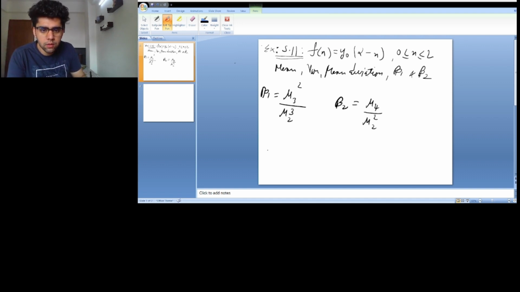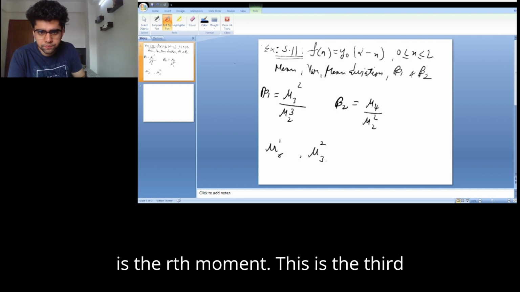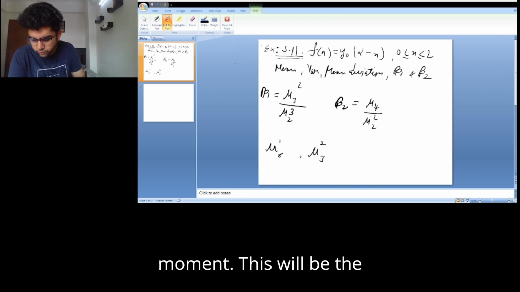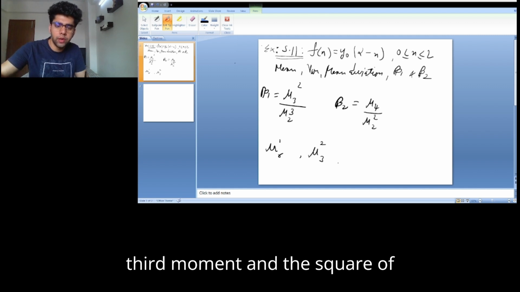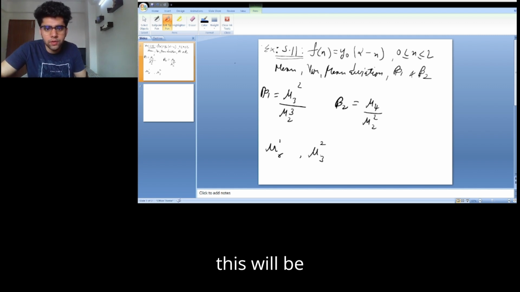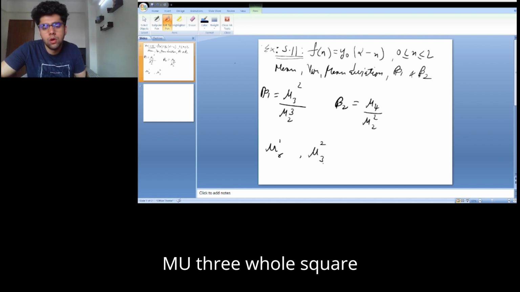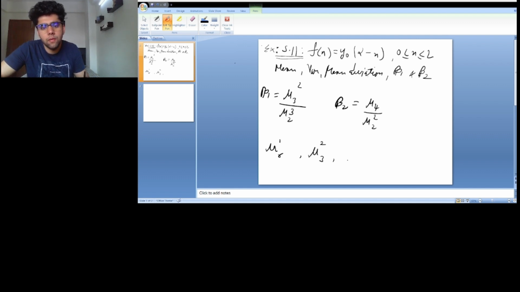So we know that this is the rth moment about origin, right? So mu 3 is the third moment, and the square of this will be mu 3 whole square, and mu 2